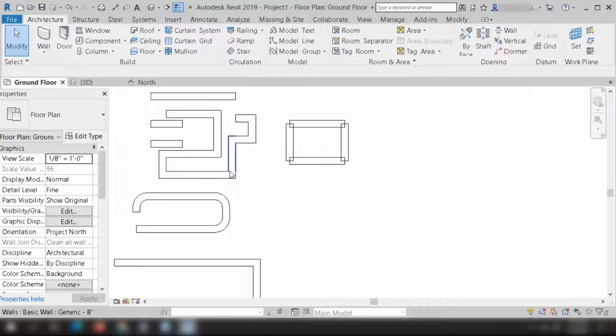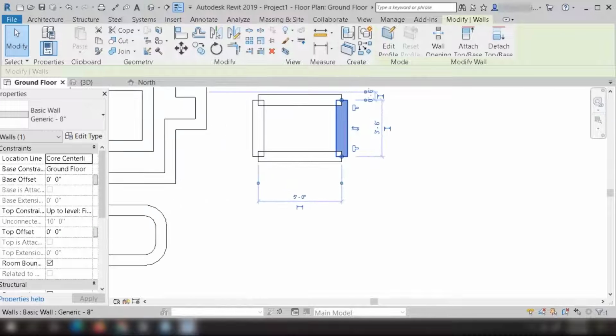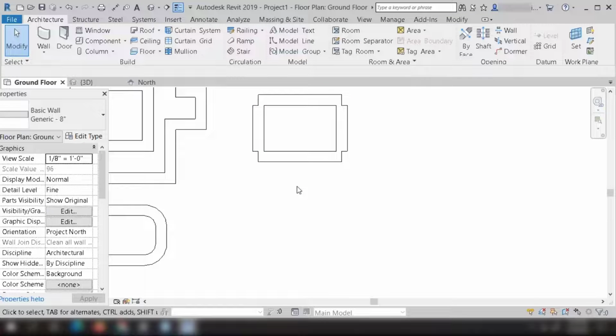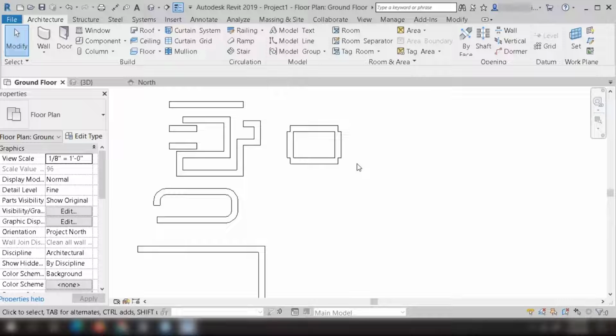Here it has automatically joined these, right? So if you want to join or allow these, you need to click on allow join. Here again allow join, right? Click on this allow join. Here allow join and this. After that, you will be able to join these particular things, right?